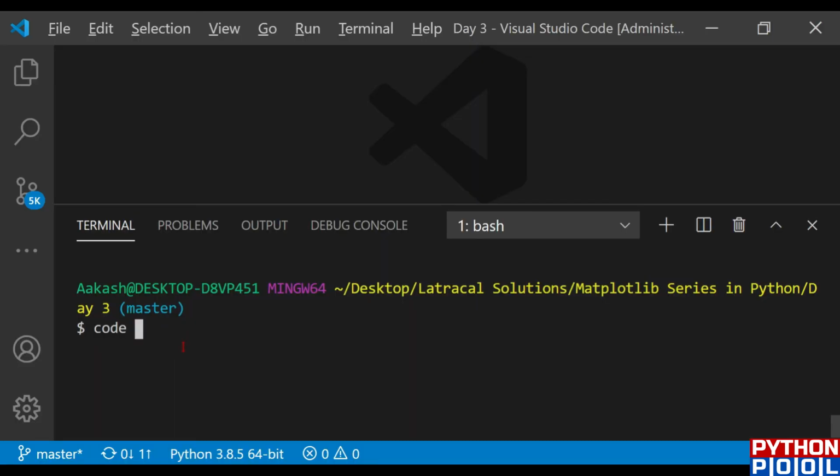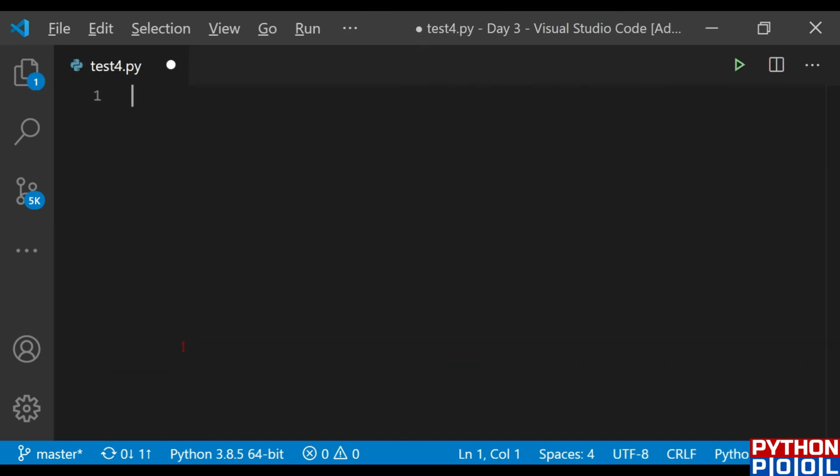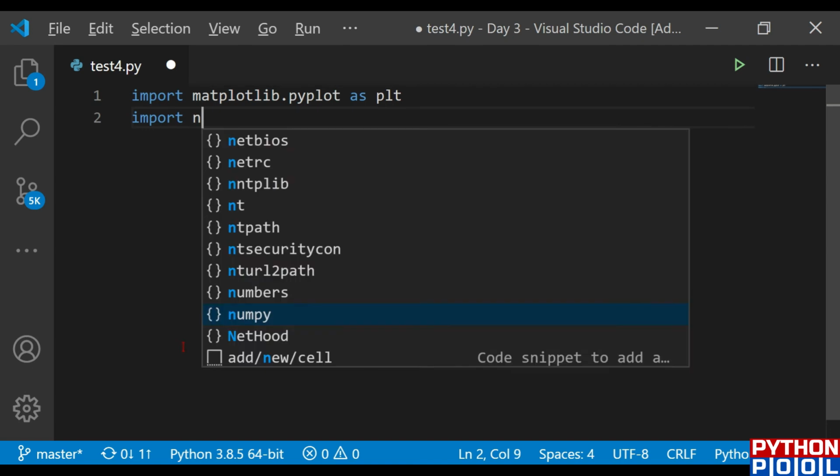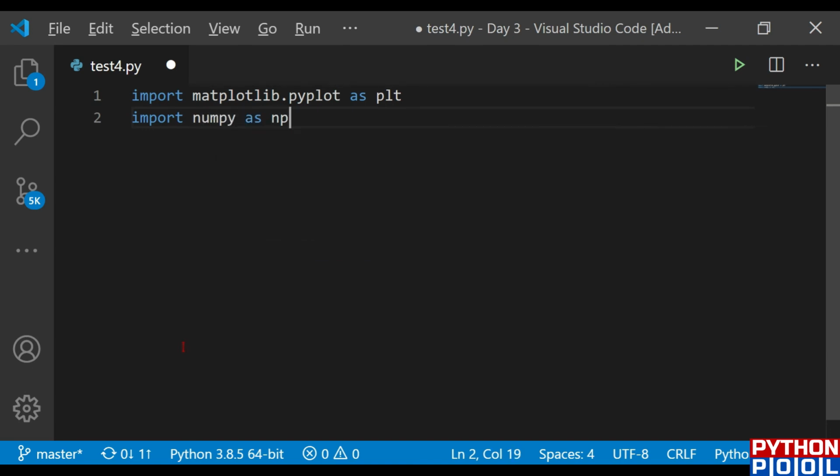Let me code another file, name it test4.py, and once my file is ready, I am also ready. So let's import matplotlib.pyplot as plt, and import numpy as np.